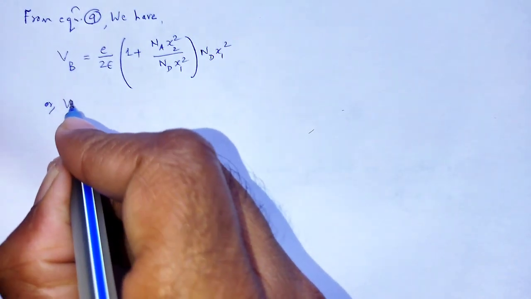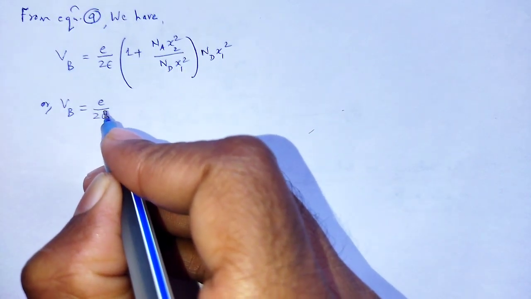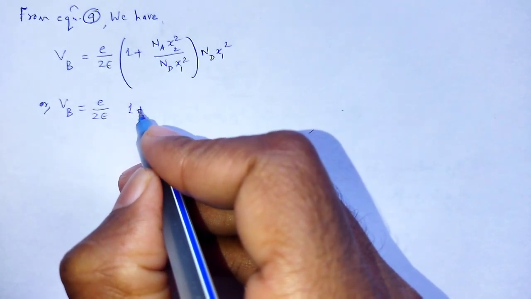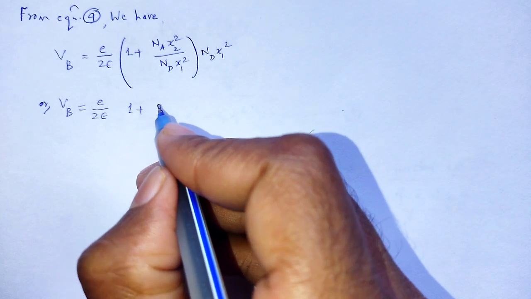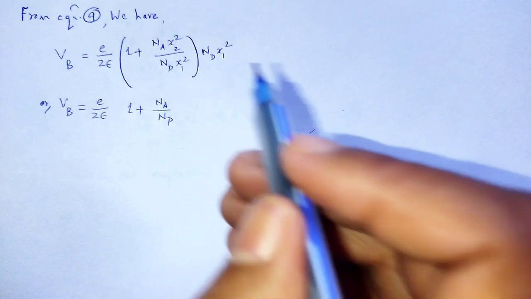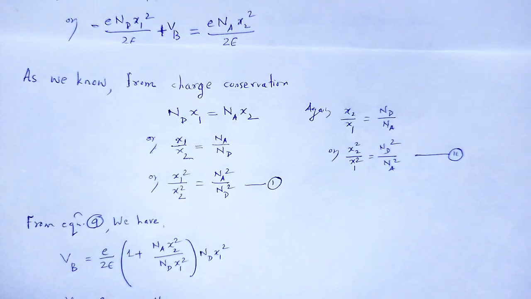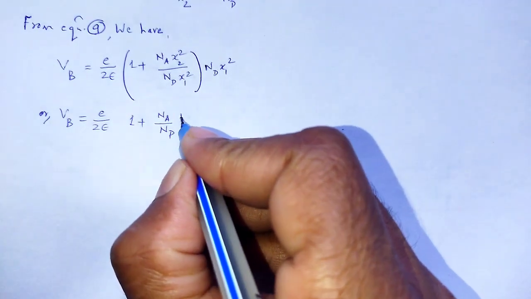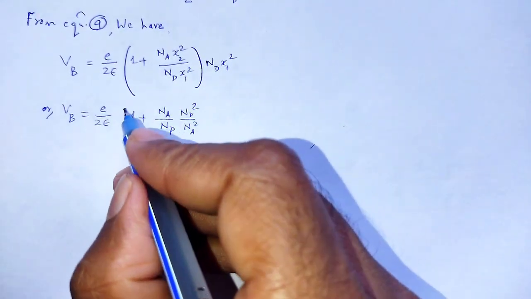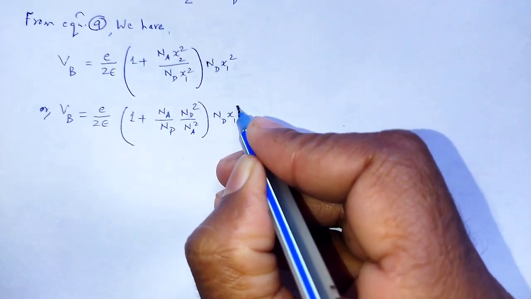So, Vb is equal to E divided by 2 epsilon, 1 plus Na by Nd. Here x2 square divided by x1 square, that is Nd square divided by Na square, whole into Nd x1 square